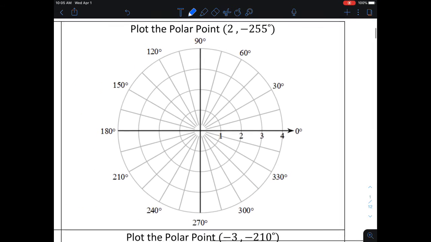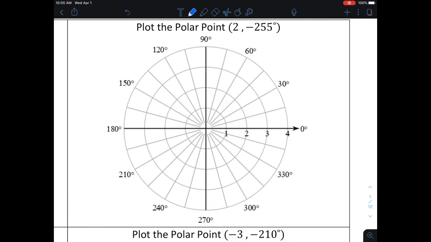Okay? Now let's look if we have a positive radius and a negative angle measure. So I want to plot the point 2 by negative 255 degrees. Well, the 2 means that we're going to be on this circle that's on the radius 2 line. And I want to rotate to negative 255 degrees. Well, negative 255 degrees means that I'm rotating clockwise